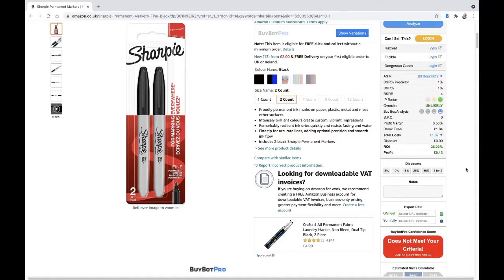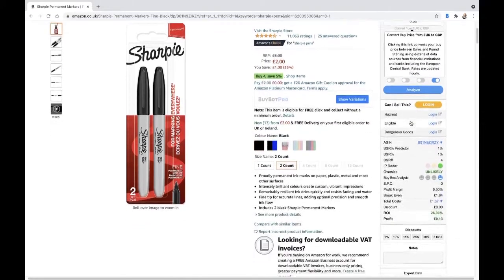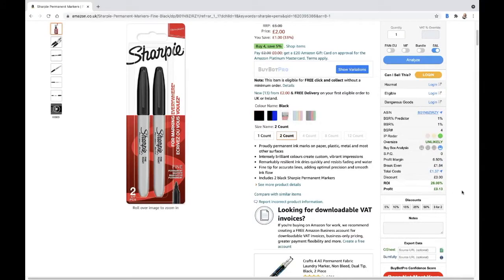The discount feature is found about halfway down BuyBotPro. If you analyze a deal and put in the full purchase price in the buy price at the top, you can see your ROI and your profit there, and then you can apply and/or stack your discounts. So for instance, if you were to only pay half price, it will work out your ROI and your profit based on half price. And if it was 75% off, you can stack your discounts, as I say, and you can add 50 and 25 together, or you can take them off and add a different one. You can do whatever you need to do in terms of working out that discount.